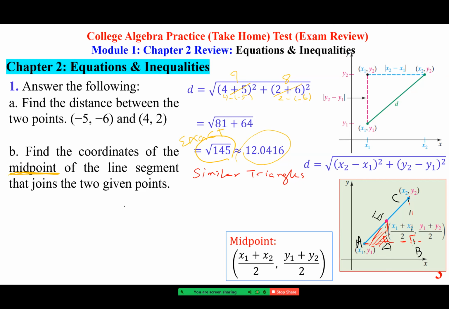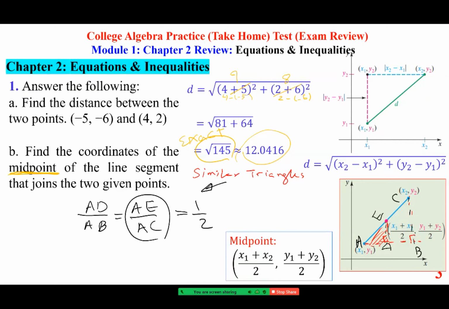If you look at the fact that they are similar triangles, then AD over AB is the same as AE over AC, and we know this is 1/2. And the reason we know that is because this is the midpoint between these two. And so is this. This is 1/2. The midpoint is right here. You add up the x coordinates, you divide by 2, and a similar thing can be said about the y coordinates. So with that being the case, let's clean up again